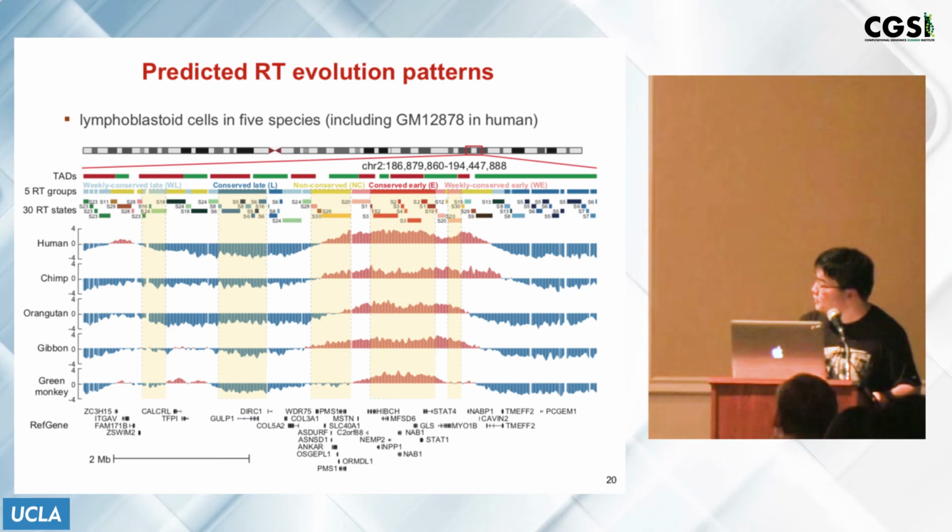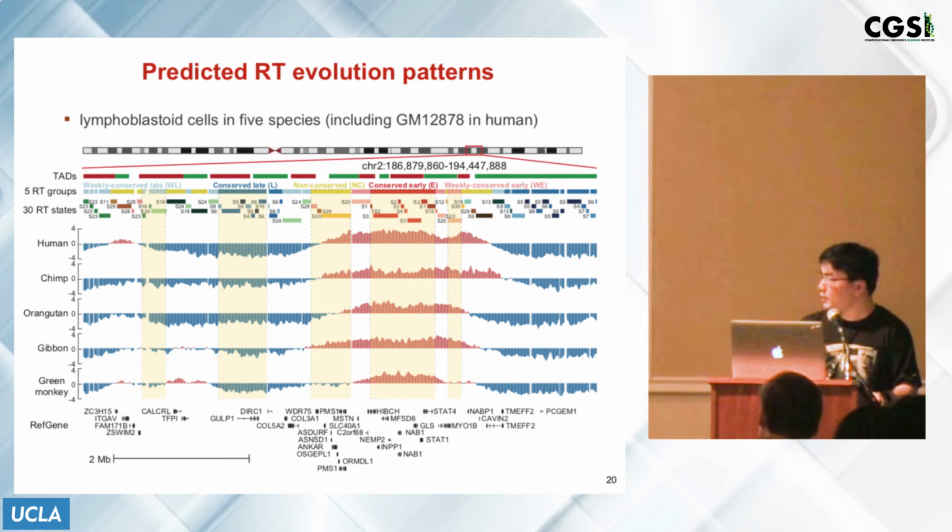We further group them, for the convenience of analysis, into 5 distinct groups. And sometimes you can't tell what the evolution pattern is, so we call them non-conserved because there's some variation across different species. And if 4 out of 5 species have early replication timing, and the 5th one is kind of in the middle, we call them weakly